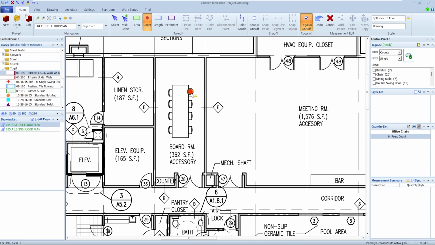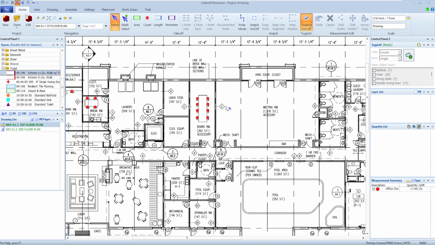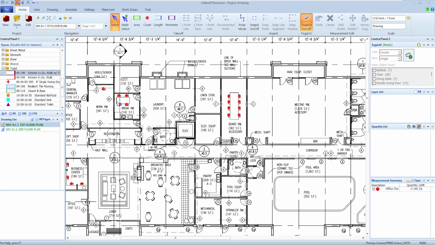So I'm going to go ahead and pick all of them. Now, if I back out, you'll also notice that it picked up the office chairs in, apparently we've got some here, some there. Because I had the shift key held down, it basically found all the office chairs. In that case, I basically started with my first one and picked it.